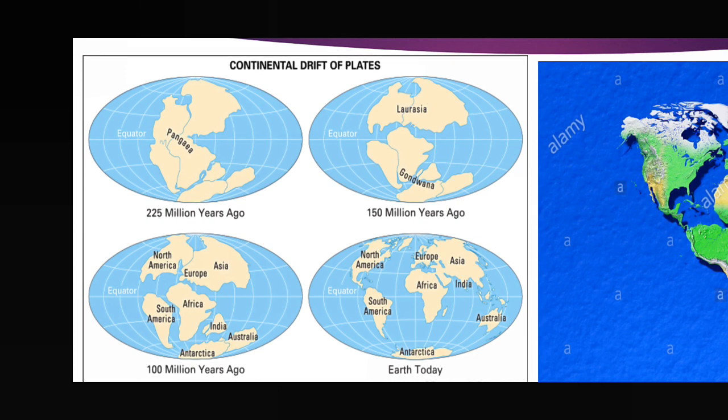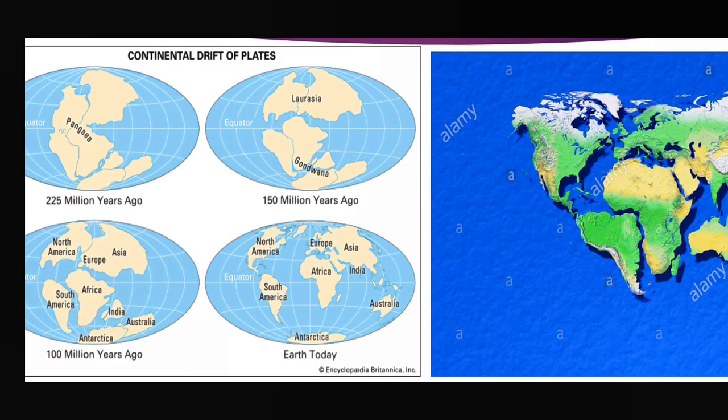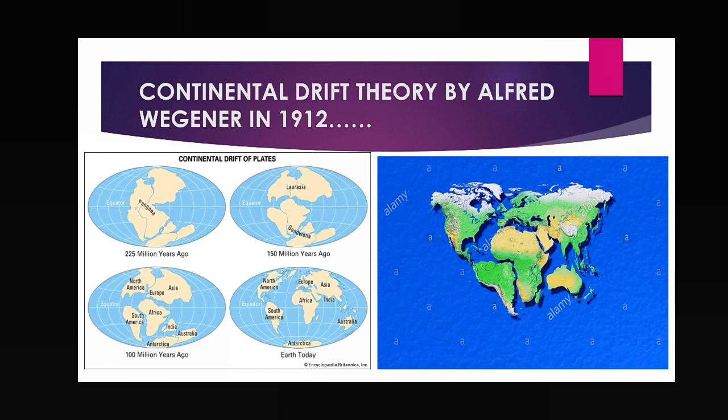Now the question, a country like India, how is it possible that it can shift itself to the northern hemisphere? It was totally in the southern hemisphere, and now it is in the northern hemisphere. How is it possible? That means plates are moving. Plates are moving means what? I have told you plates are of two types, continental and oceanic. So if plates are moving, that means continents are moving. If plates are moving, that means oceans are moving.